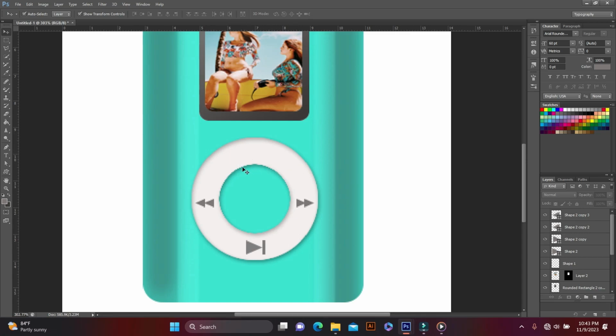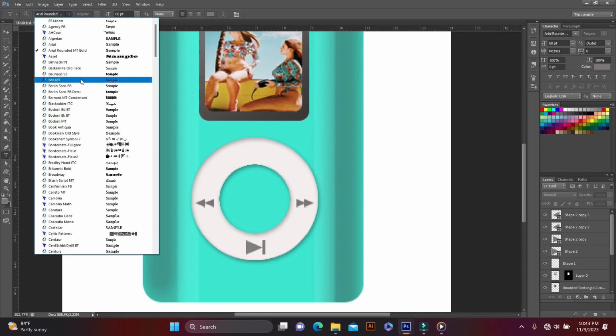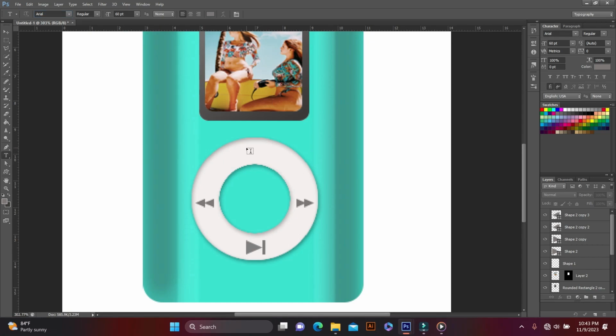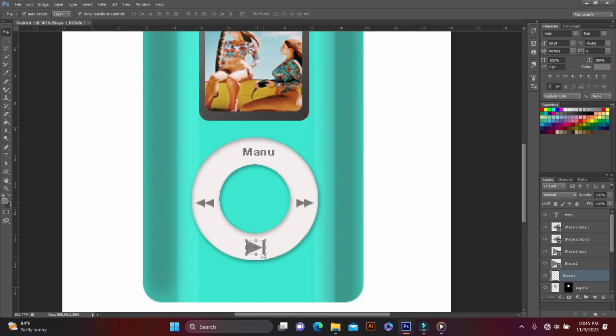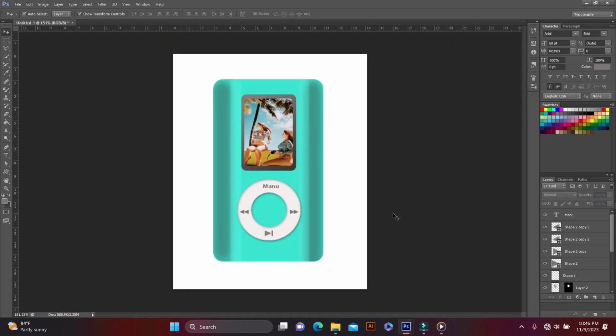Now we need one menu in here also. To do that, just select the simple text tool, and in here select normal, and in here type the menu. In here you can select from bold like that, and this part all this one. Okay, this is the practical today, and we worked with a lot of tools in Photoshop today,